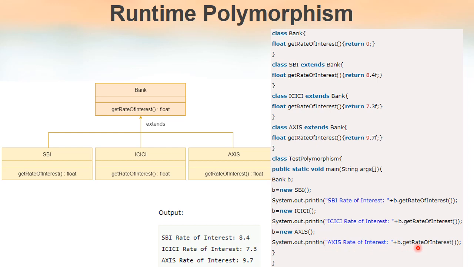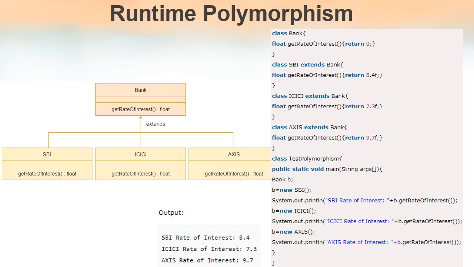Secondly, the method that needs to be executed depends on the object to which the parent class reference variable is pointing at that moment, and that is decided during running time. That is why it is known as runtime polymorphism.